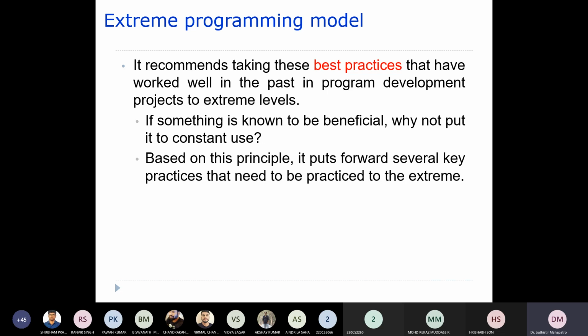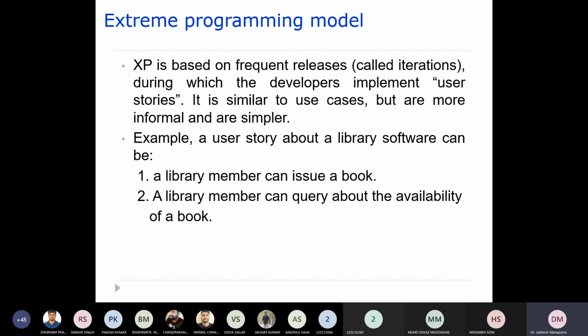There are a certain number of practices we have, and usually we try to use them again and again as per this particular process model. XP is also based upon frequent releases.